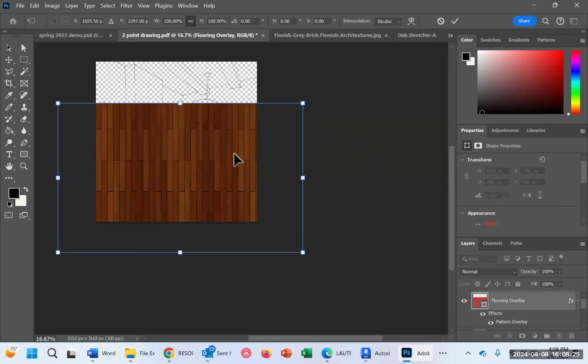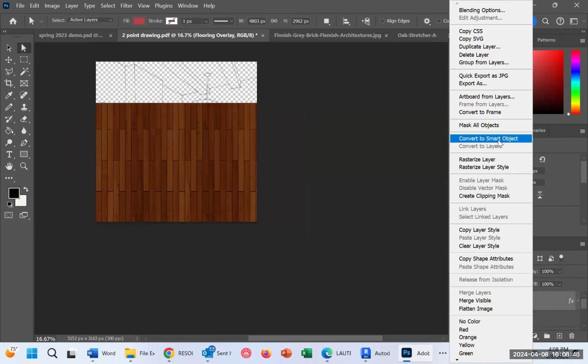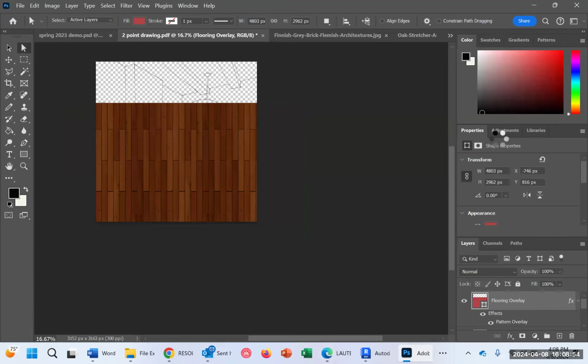So when we have to change our pattern in perspective, always remember we need to do one step that is really important. We need to click on that flooring overlay, that rectangle. Okay, right click on it and convert to smart object. This is a really important step to do. So when you do convert to smart object,